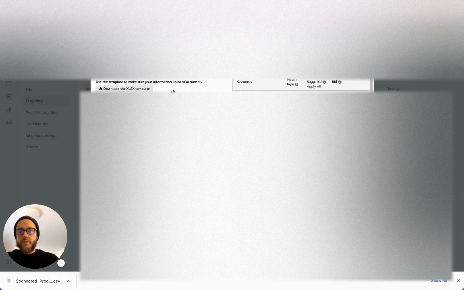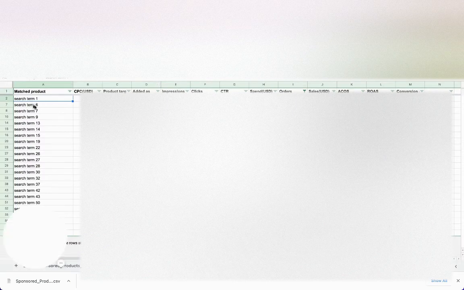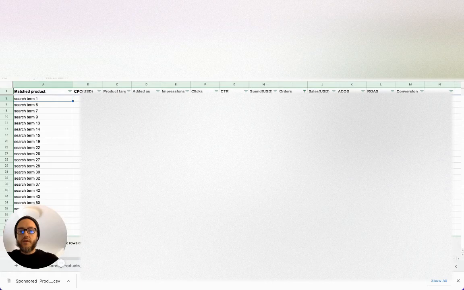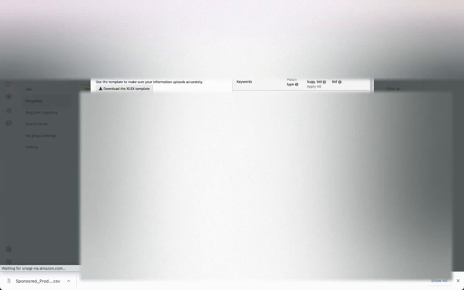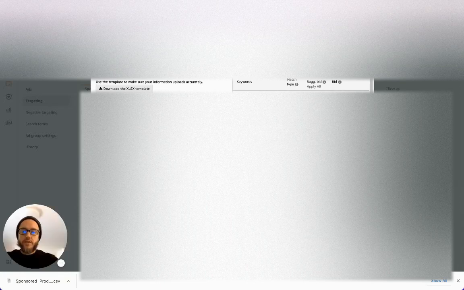You want to download the template. You want to copy and paste your terms here and your cost per click. And then you want to make sure that you set it as an exact match in the template, and then re-upload it and upload it into here. And then once all of these bids are over here, just double check everything, make sure everything's okay. If there are any errors, then look down here, download that report, see what you need to fix, and then save it and add it, and then you have everything in your exact